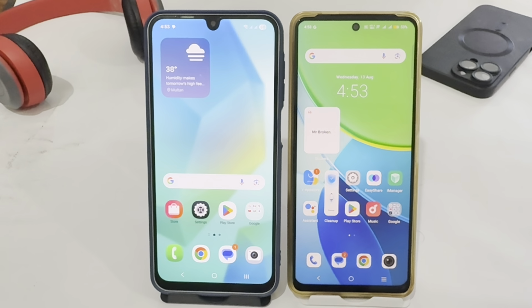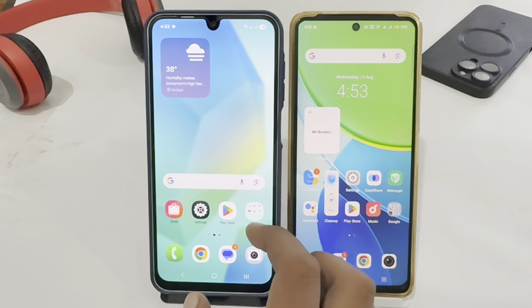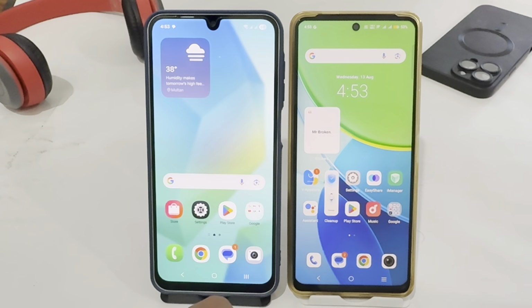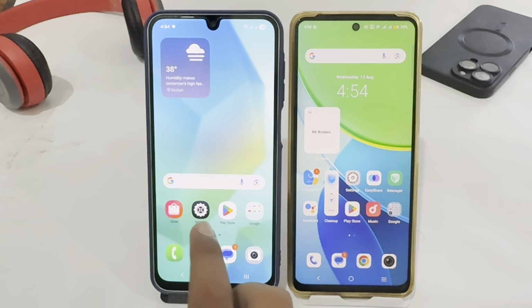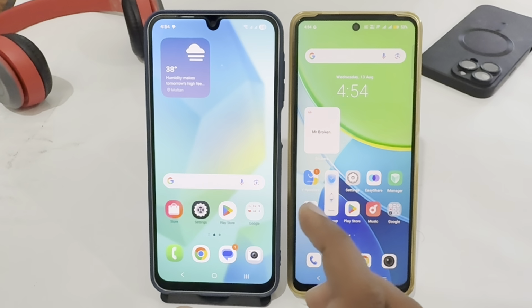Hey guys, today I'm going to tell you how to transfer WhatsApp data from Android to Android. If you are using Android phones and now you want to transfer your data, let's see how you can do this. First of all, you just have to open the WhatsApp app on the phone